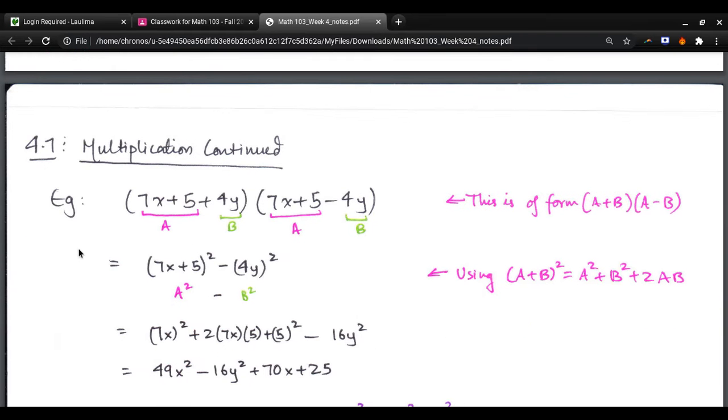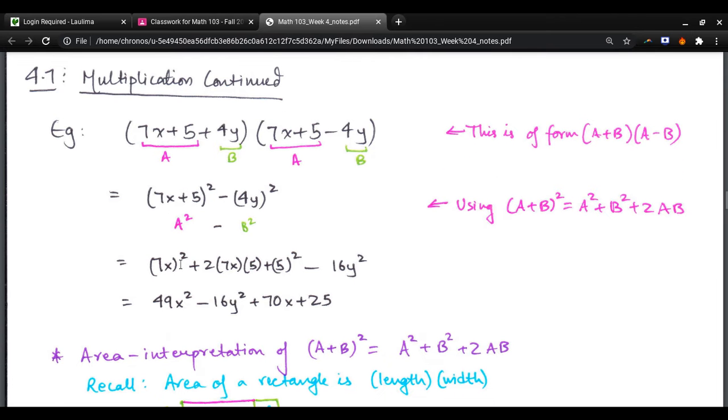Now, for example, let's say there is a polynomial: 7x plus 5 plus 4y times 7x plus 5 minus 4y. Now, you could be a little smart about this and notice that these are in the form of a plus b and a minus b, and thus it becomes a squared minus b squared. You then use the a plus b whole squared to evaluate the first term, to give you 7x whole squared, so make sure it's whole squared, which means 7 is squared as well, so you get 49x squared. Similarly, it's 4y squared, so it's 16y squared,